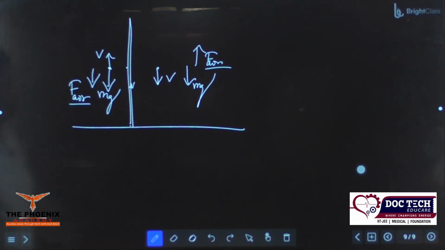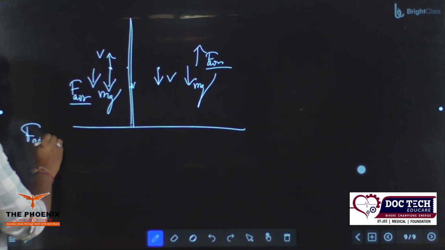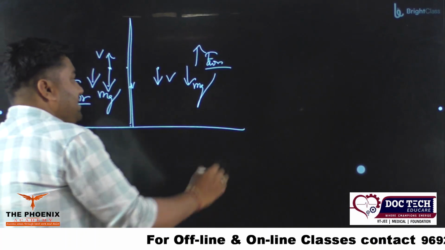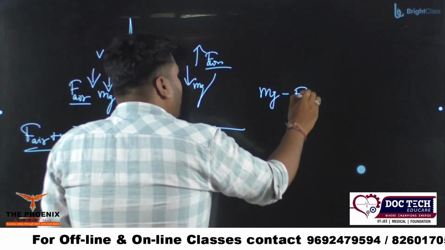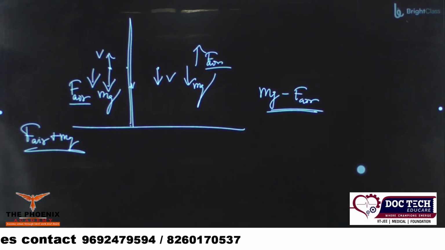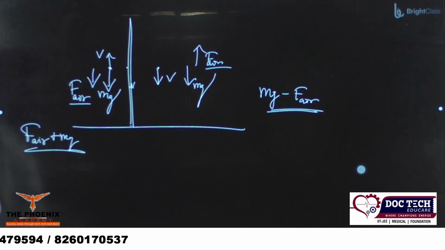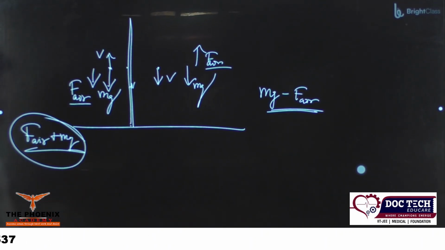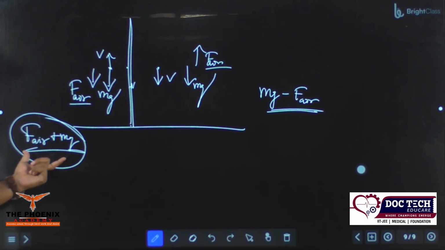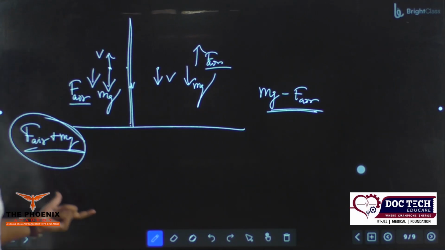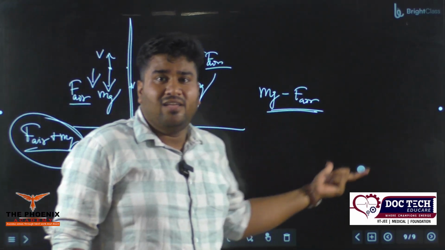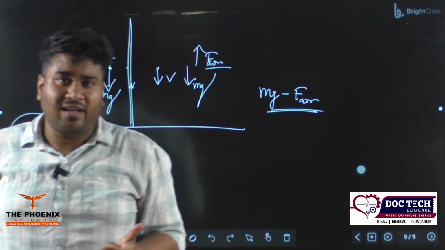तो जाते वक्त क्या हो रहा है, नेट फोर्स ज्यादा हो रहा है, एयर रेजिस्टेंस और ग्रेविटेशनल फोर्स दोनों एक साथ एक ही डायरेक्शन में लग रहे हैं। आते वक्त लेकिन एक दूसरे के ऑपोजिट में लग रहे हैं, इसीलिए नेट फोर्स mg माइनस एयर रेजिस्टेंस होगा। ओके, सो वी कैन इजीली सी दैट, जाते वक्त ज्यादा फोर्स लग रहा है, इसीलिए जाते वक्त इसका एक्सीलरेशन ज्यादा होगा, और लौटते वक्त फोर्स कम हो रहा है तो उसका एक्सीलरेशन कम हो जाएगा।